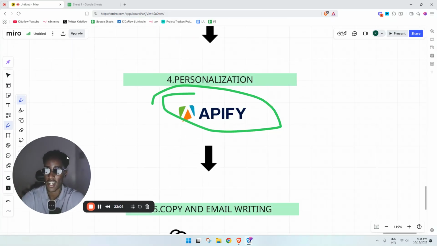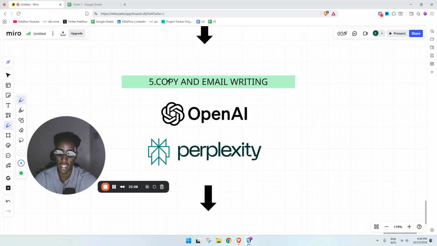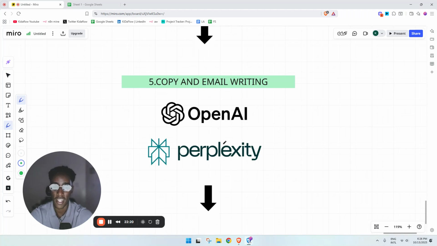Once we get the data points, the next thing is to use these data points to write the copy. So we are no longer writing copy. I can tell you for a fact, OpenAI and Perplexity, as long as you feed it well and you prompt it well, it's going to write exactly like you, if not even better. I know most of you are like, I'm the best at copy, I should be doing copy. But as long as you prompt it well and you give it examples, I know most of you don't give examples to AI,